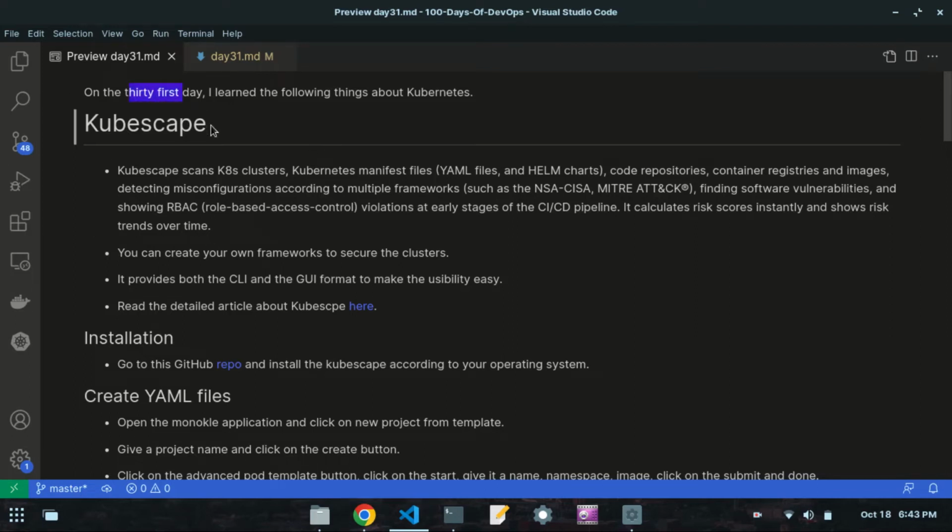In this video I'm going to talk about a tool called Kubescape. Kubescape scans Kubernetes clusters, Kubernetes manifest files, code repositories, container registries, images, etc. It will detect misconfigurations according to multiple frameworks. Basically, Kubescape will scan the Kubernetes clusters, manifest files, and code repositories, container registries, detecting misconfigurations in